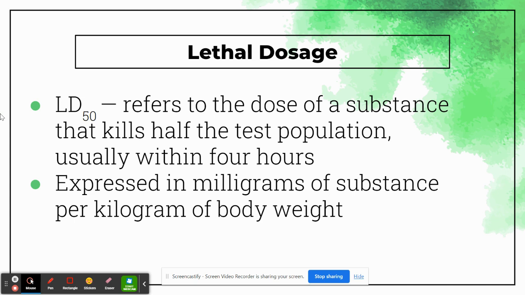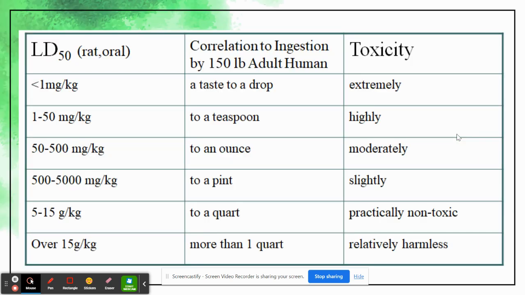So it's always expressed based off of how heavy the person is. So if you're someone who's double someone else's body weight, you can probably consume quite a bit more of that chemical because you have more weight in your body to spread it out. So normally when we look at lethal doses, it's how many milligrams are lethal per kilogram of body weight. So we test it on rats and then scale it up to humans. Just to show you how LD50s are typically correlated with humans, because they're obviously tested on rats first. Again, we express it based on that milligram to kilogram weight ratio.